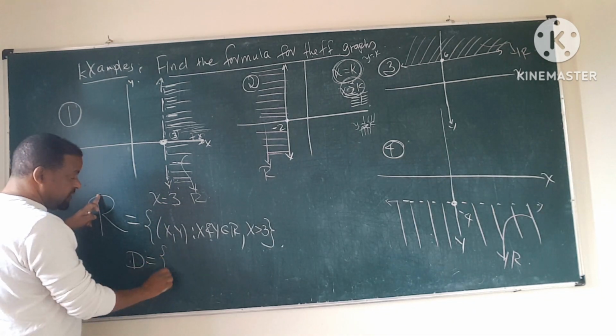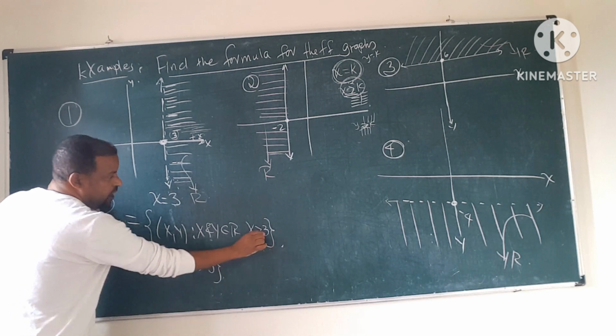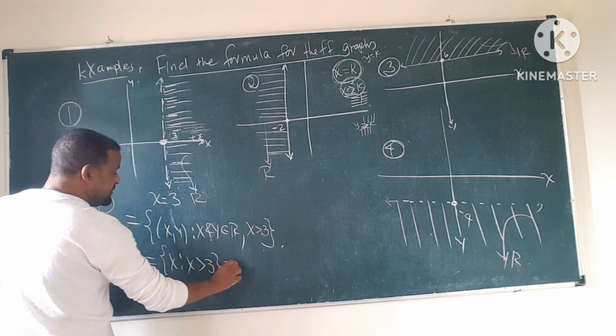So domain is the set of all x such that x is greater than 3 ማለት ራሱ ይሄኛው ማለት ኦፕን ኢንተርቫልም ሊጠቀም ይችላል x is an element